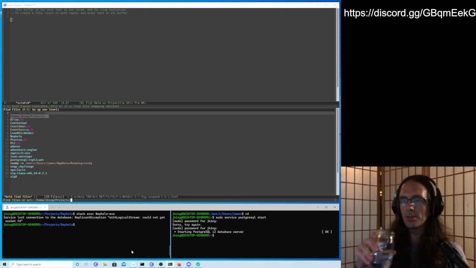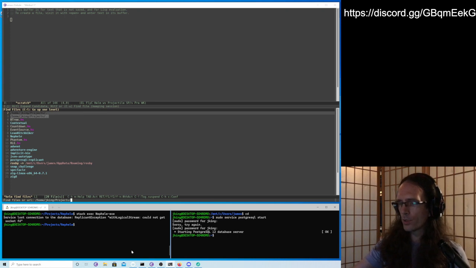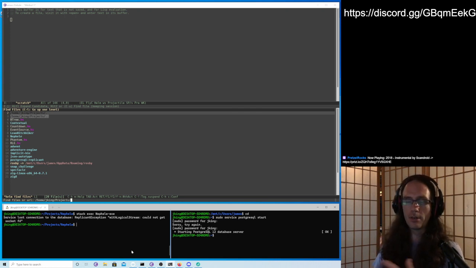Very minimal configuration. And in order to implement our business logic or our control plane that's going to interact with things that happen in our application, we're going to use the library we wrote called replicant.